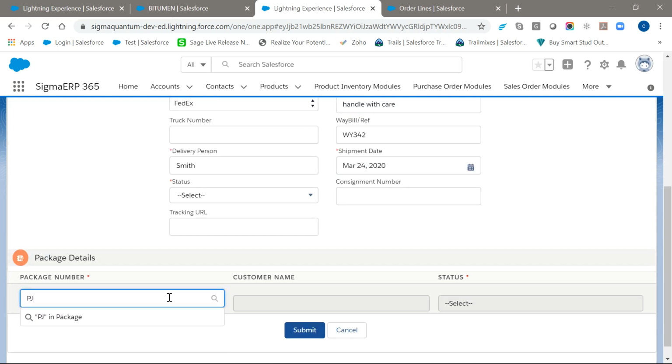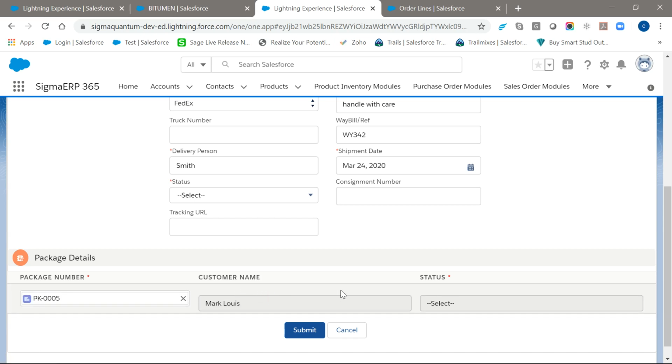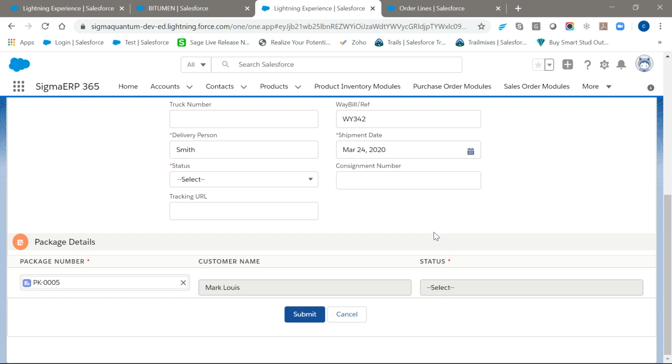I will go ahead and select the package which I want to ship. I can select from the different statuses that are available. I can directly select delivered.